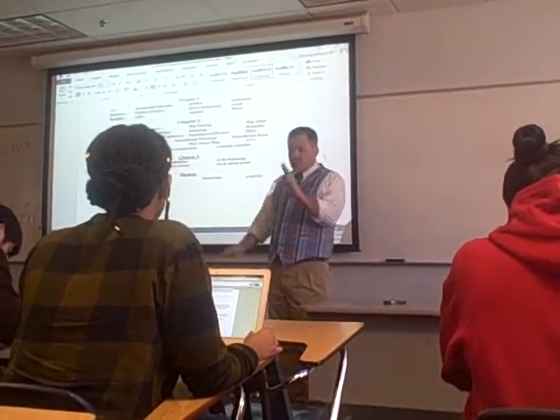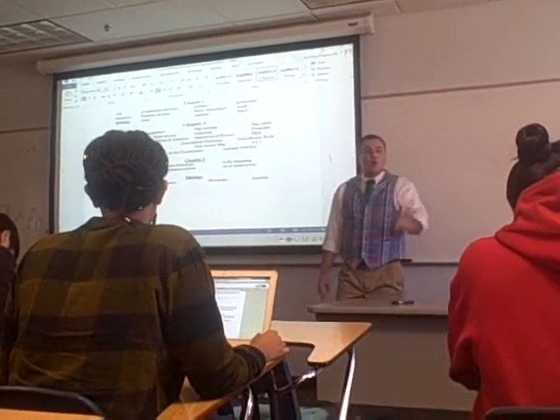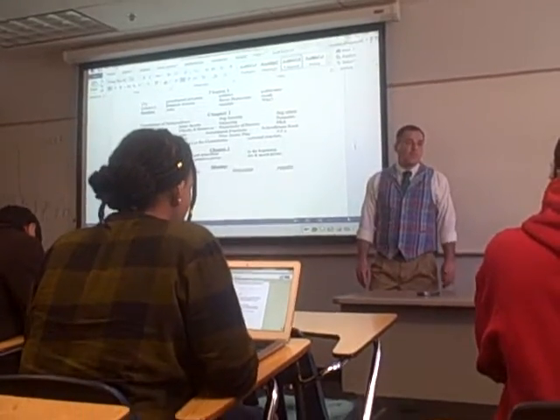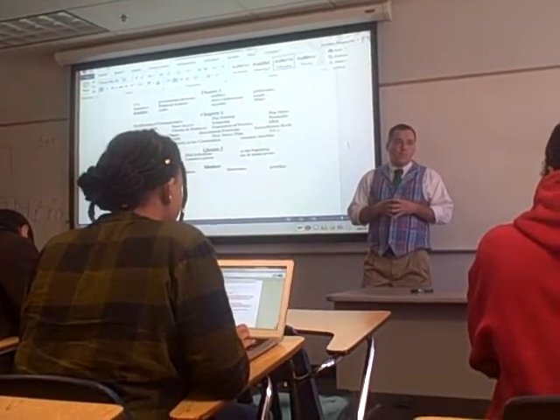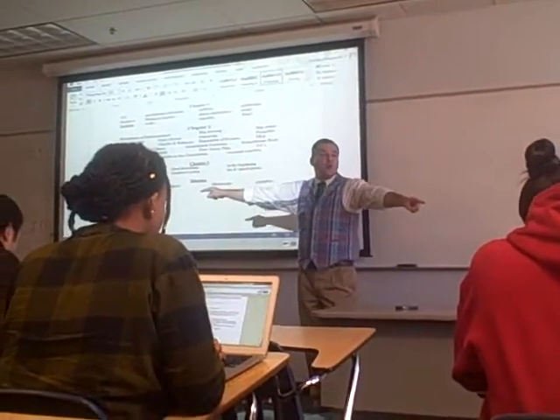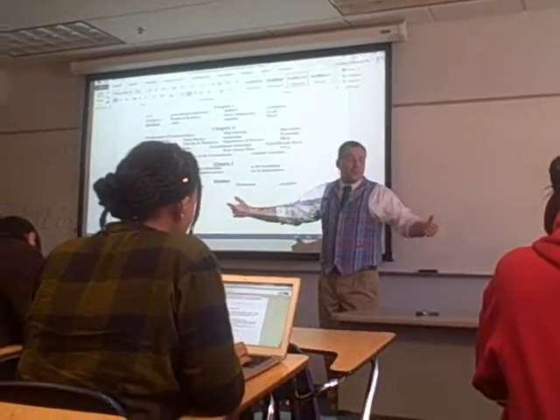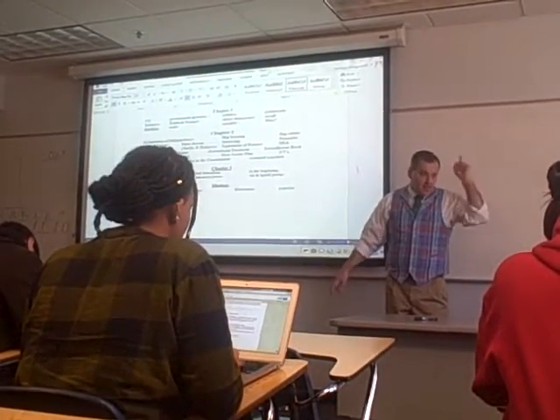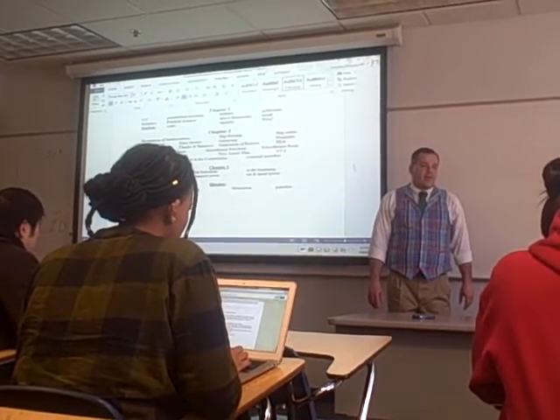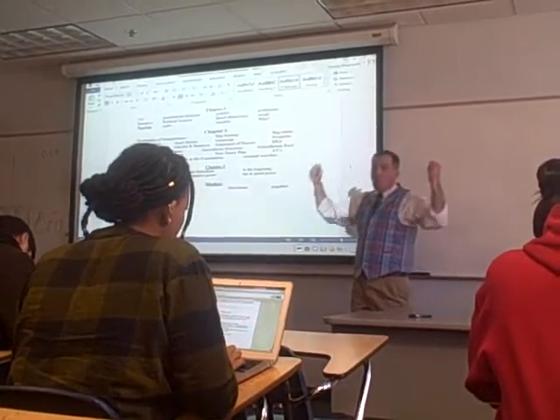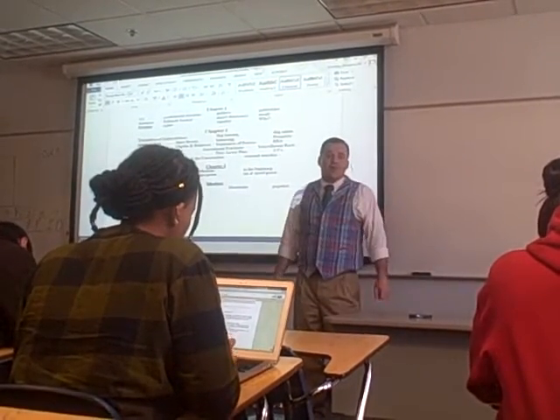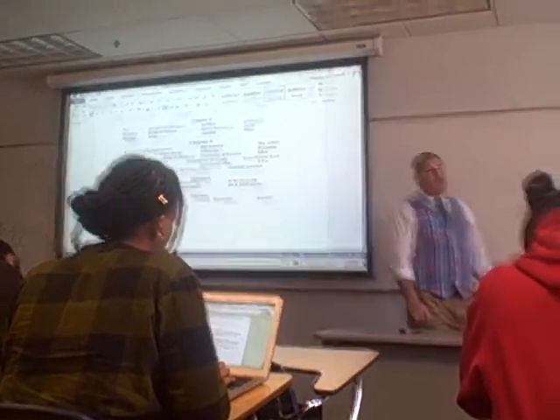There are two questions on a recall ballot. The first one is, do you want to recall or remove, in this case, Gray Davis from office? If you answer no, you're done. But if you answer yes, then you have to choose from the list of people who are running for office. The second question is, who do you want to replace him? If you vote yes, then you've got to pick the replacement.